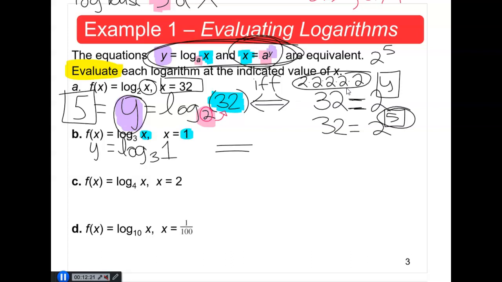Okay, now we're going to change this to exponential. So remember we always start with the base, so in this case it's 3 to the power